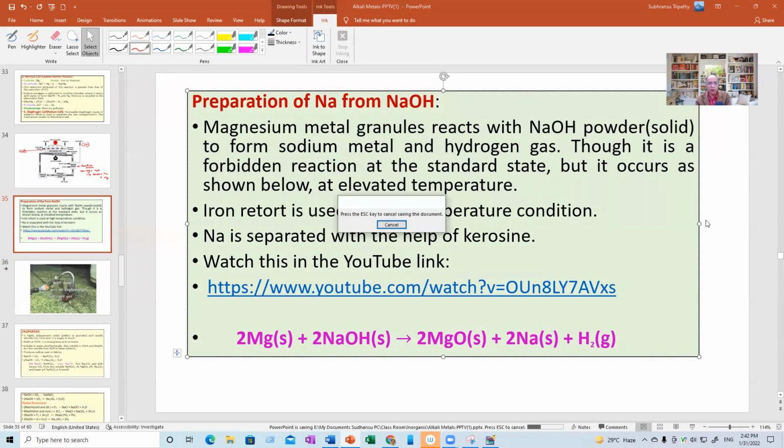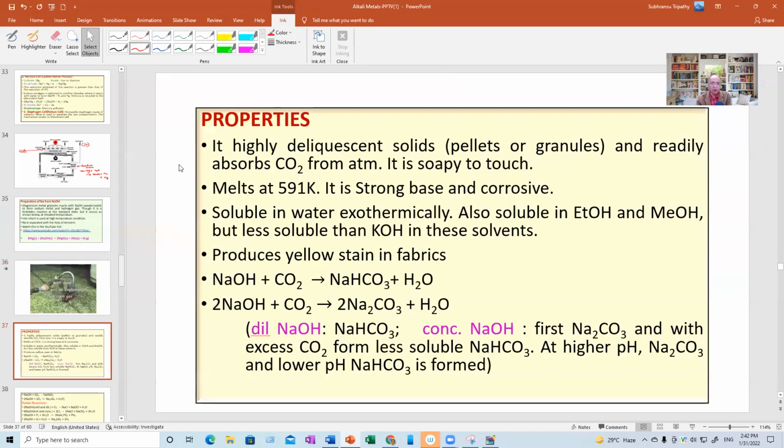Then going to the properties of sodium hydroxide. Sodium hydroxide is available in plastic bottles, with a pellet-like appearance, granules or pellets, and they are highly deliquescent. If you open it, it will absorb water and dissolve in it. It also readily absorbs carbon dioxide from the atmosphere. It is soapy to touch. The melting point is high. It is a strong base and corrosive,